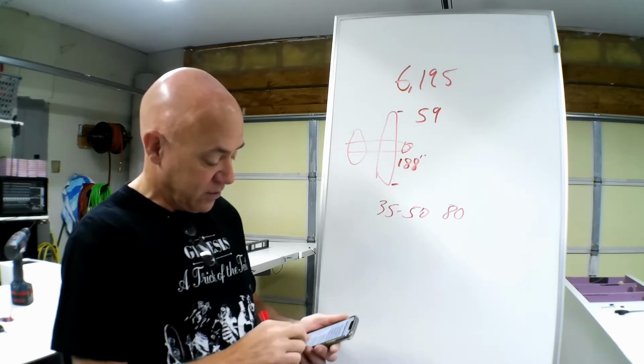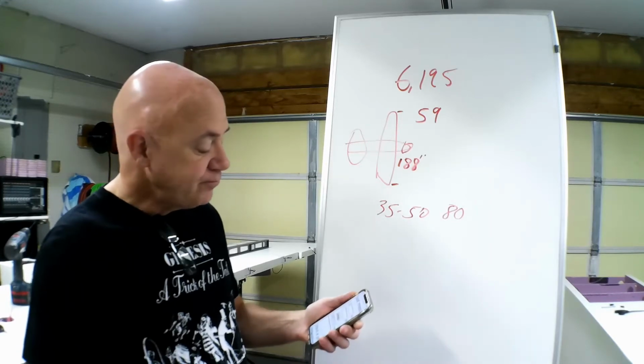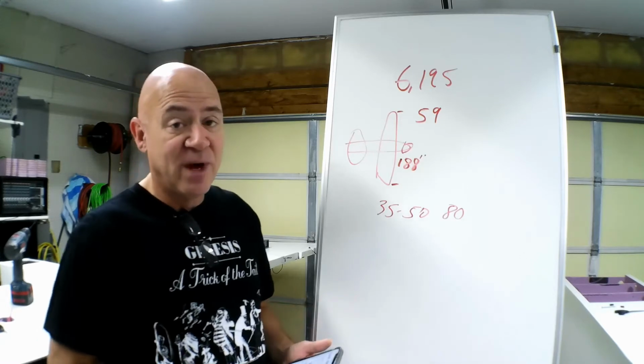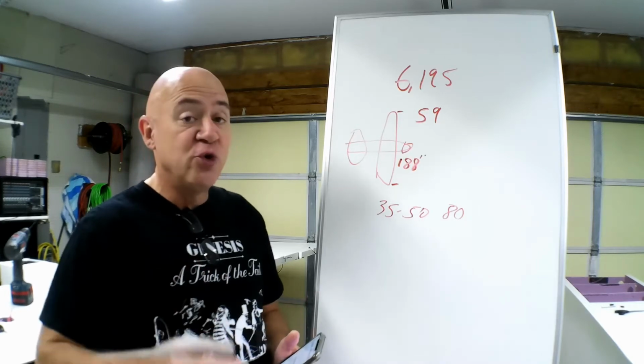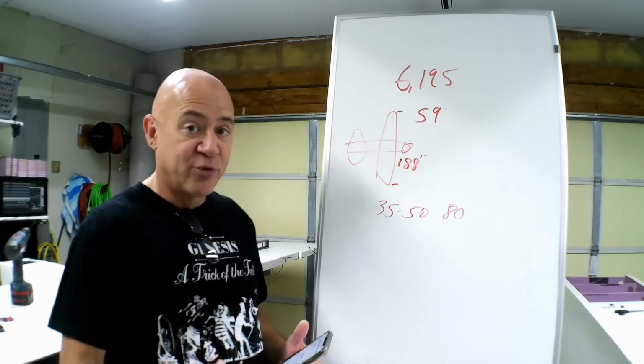So if I go to a 14 pitch prop at 5,500 RPM, I'm at 72 mile an hour. Now we're getting closer. Okay, now we're getting much closer. Now, you do need to set up a test rig, put your motor on it, put your prop on it,